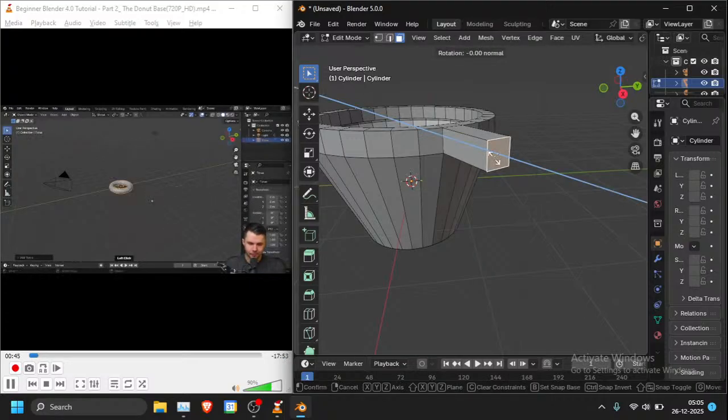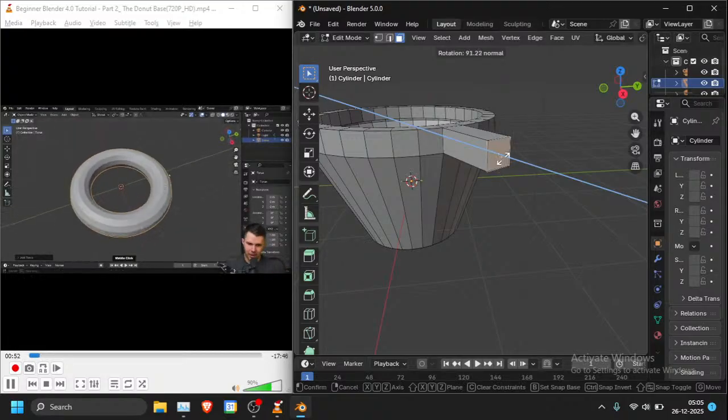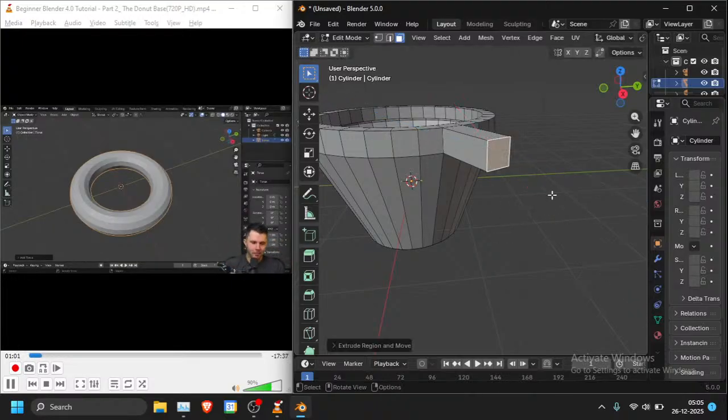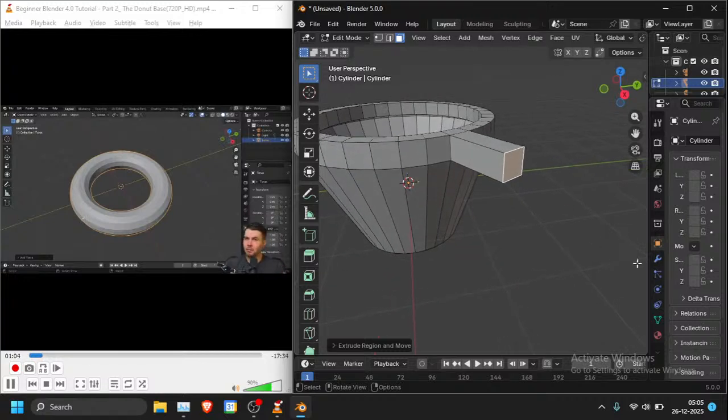So let's add that. Now, if I zoom in by scrolling up, we can see we have something resembling a donut. It looks like a pretty weak-looking donut, you know, very flimsy. Looks like the donut before it's cooked, when they just drop it into the vat, and it's just this little wispy thing. So immediately after you do some actions in Blender, you have options to change it. And the options are hidden down here in the bottom left-hand corner. You see a little box, and if you click that box,